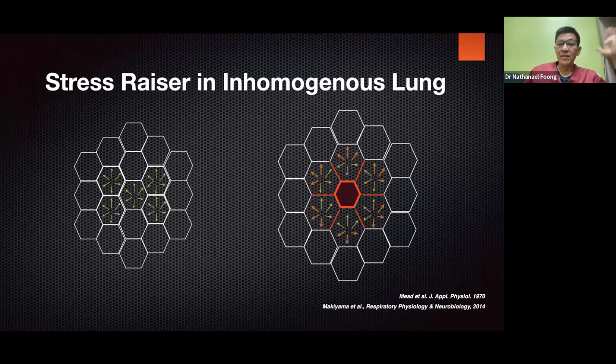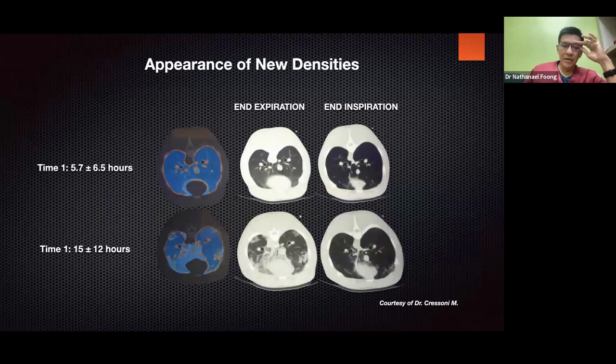And the pressure that is building up in that area, we call it stress concentration, is 2 to 4 times the transpulmonary pressure that's being provided to distend the alveoli. Right, with this pressure on those stretched alveoli, it can potentially cause injury and rupture of the alveoli. So this is an animal model that was done by Cressoni that shows the initial relatively normal